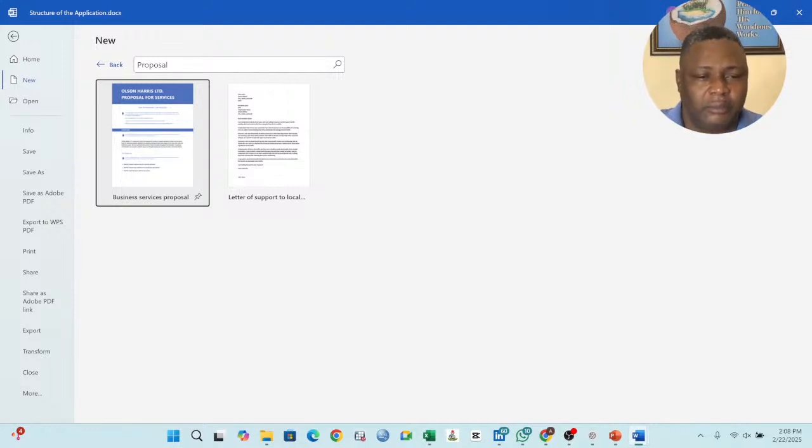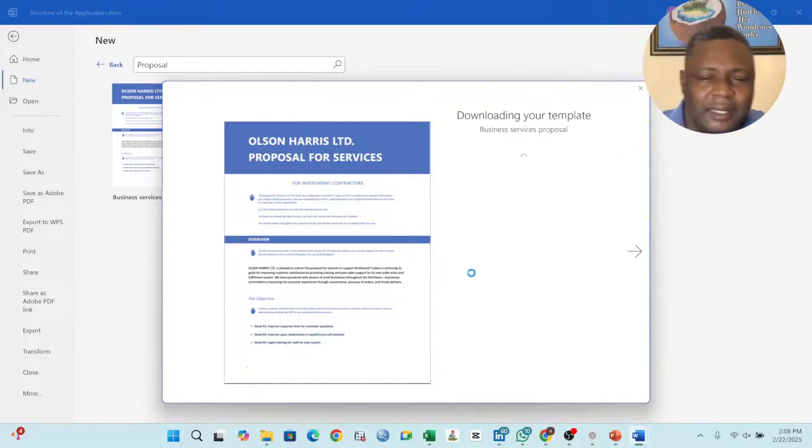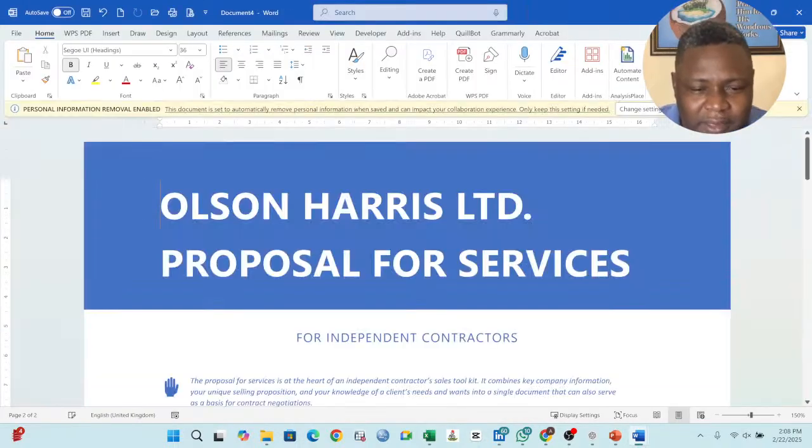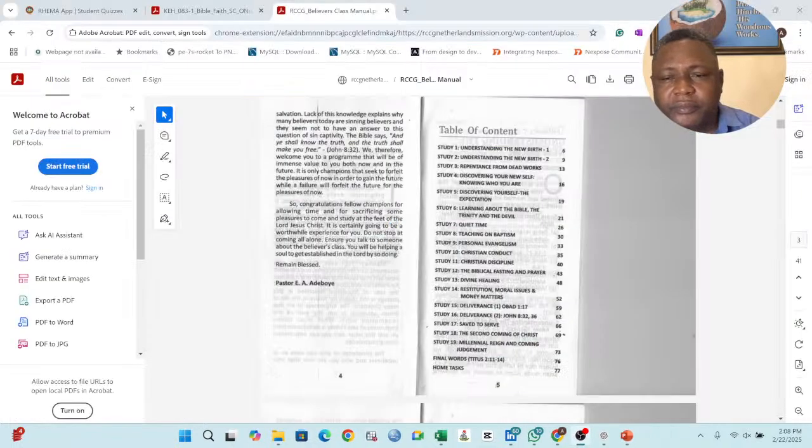I can use the Microsoft template option to find a proposal template that I can adapt into my business or simply adopt for usage. Okay? So as you can see, this particular invoice,